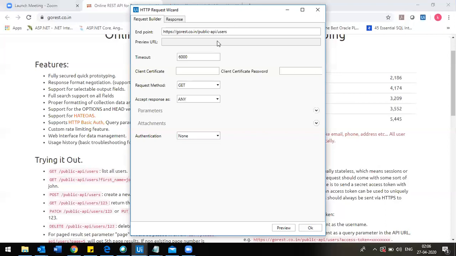And here there is a timeout option. The default is 6,000. It specifies the amount of time to wait for an activity to run before an exception is thrown. The default value is 6,000 milliseconds, which means 6 seconds. The client certificate is not applicable at this moment. Client certificate means the location in which the client certificate file is stored. You have to give the full path if it is applicable. If it is not applicable, you have to ignore it.